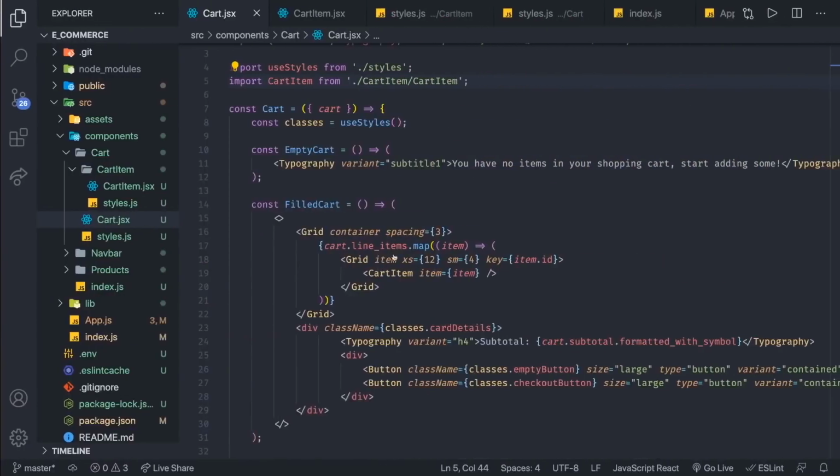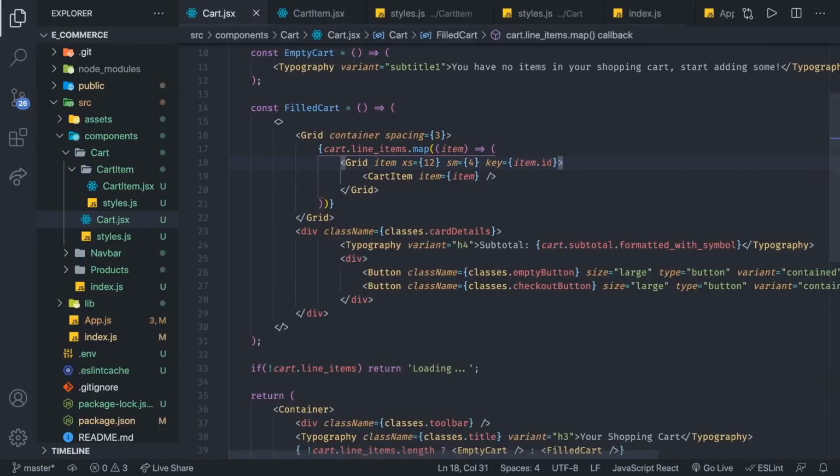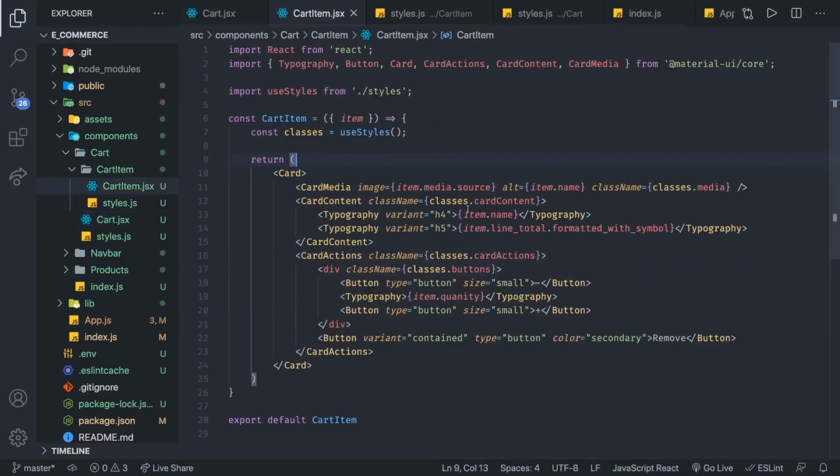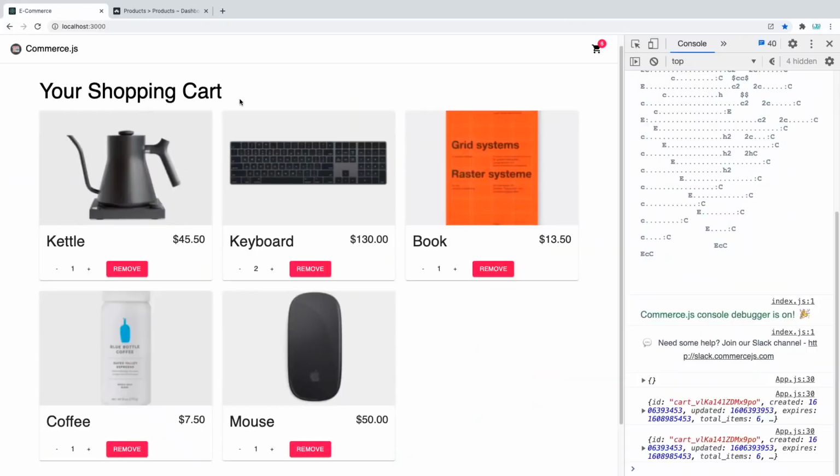So now let's go back. And then inside of the cart, first we're gonna add that gutter bottom in here. If you specify gutter bottom, that simply adds some padding below this typography. Great, so that's one thing fixed. And the second thing is this quantity. I noticed that I misspelled this, so we're gonna simply spell it correctly, save it, and go take a look. And as you can see, we have some space below the title, and also we have the quantity for our